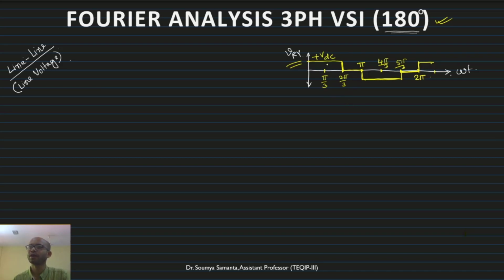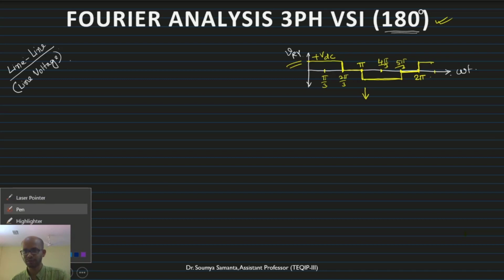Now if you see here, apparently you may find that there is no symmetry. Half wave symmetry also you can try to find out, but you will find it's very difficult. Quarter wave symmetry also. Initially it is hard to get the symmetry, but the waveform does have some symmetry: it is half wave symmetric and also quarter wave symmetric, but not this way. With this waveform as it is, you will not be able to find it out.